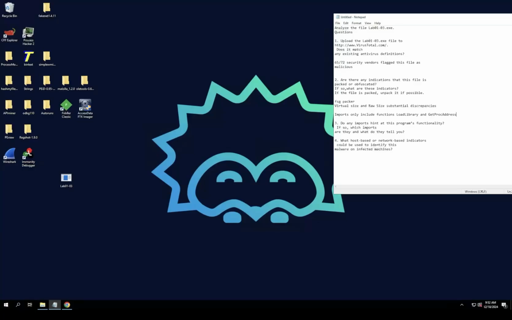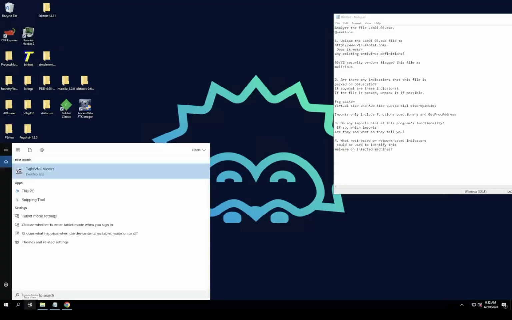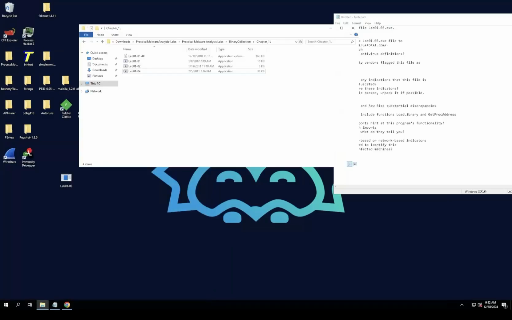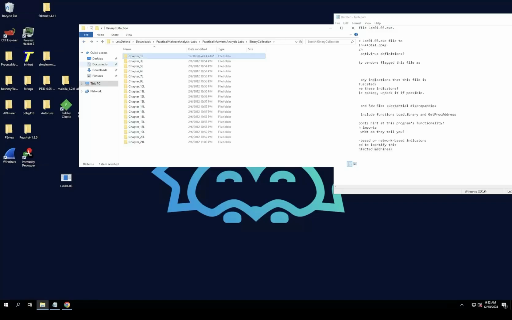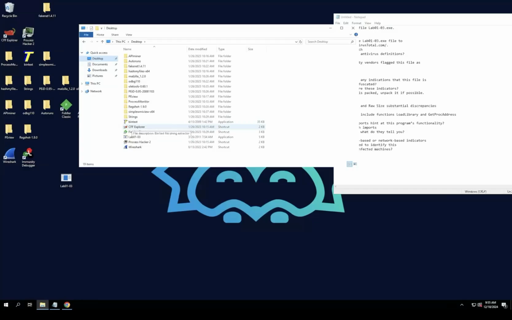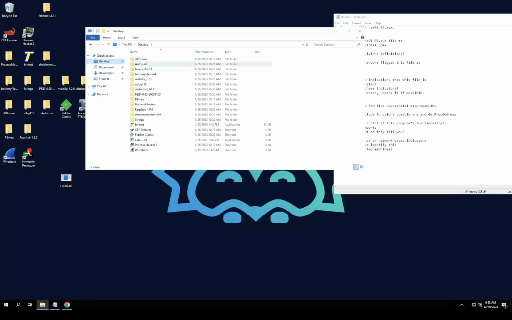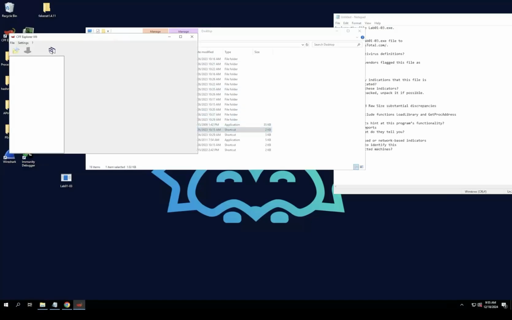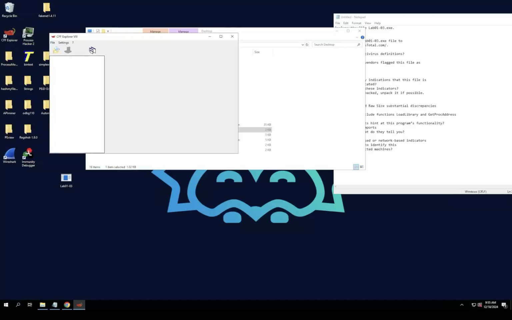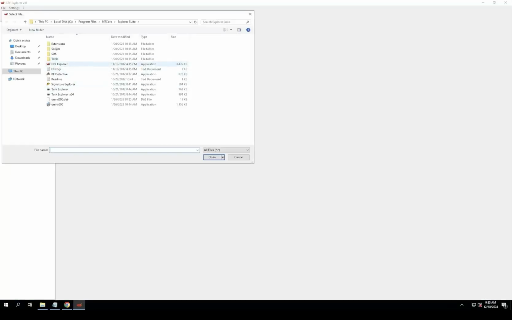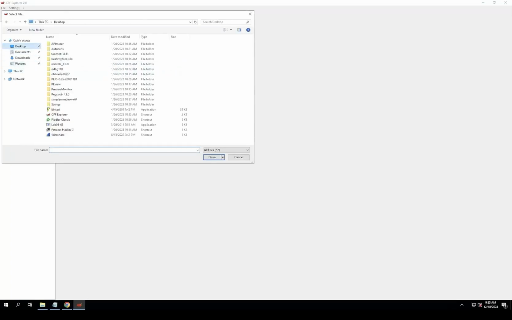We'll have to go and look at our tools, which will open up the File Explorer, and we'll go to desktop. So with the techniques that I've learned so far in the book, we can't unpack this. I don't have the knowledge level to unpack this sample at my current level, but what we can do is, I know CFF Explorer has a dependency walker as well as a possibility of being able to unpack the sample, I believe. So let's take a look at this